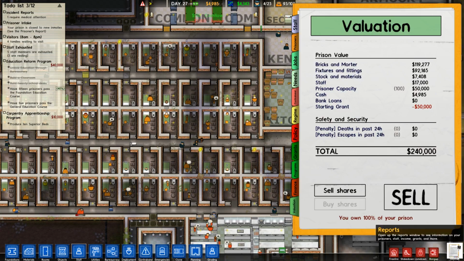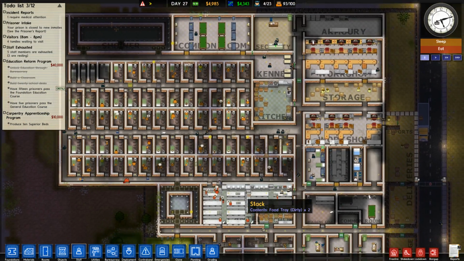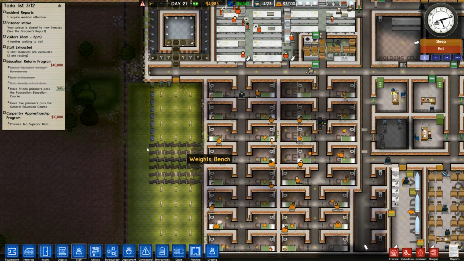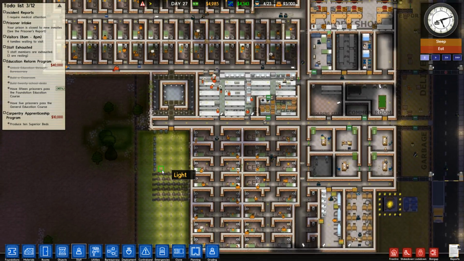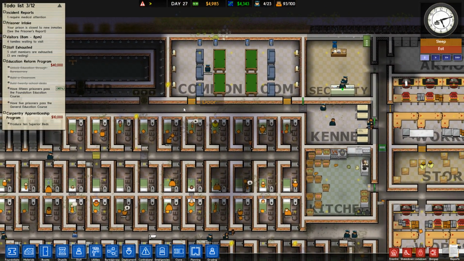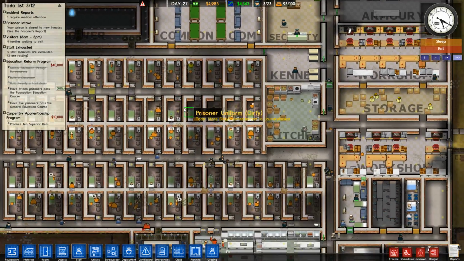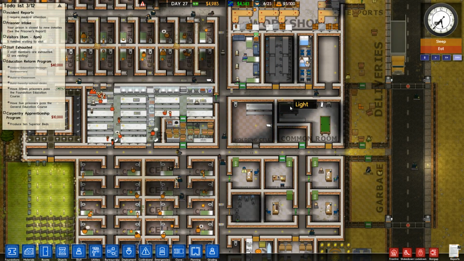Now, let's pause for a second here. Needs. Food is becoming an issue and recreation is becoming an issue. Is it possible that our yard, in spite of all these incredible weight benches that I've put out here, is not good enough? Or, I remember building this common room, maybe not enough prisoners have decided to use this common room. The way that we could deal with this is we could make this room into, like...